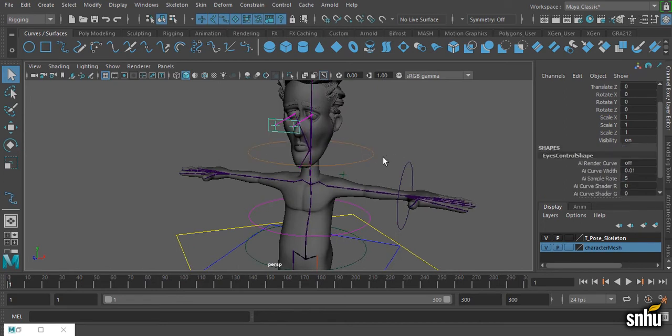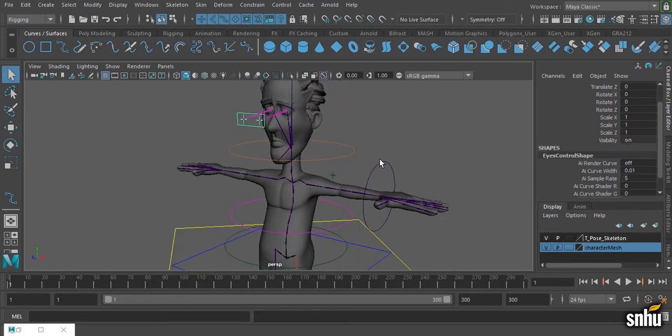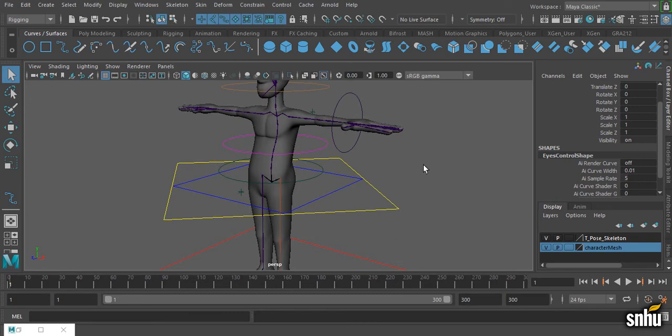And then I created a square with some locators for the eyes control, and we'll go over how to use an aim constraint to create the eyes control. So to change the color of these curves, you simply select any of the curves, go to